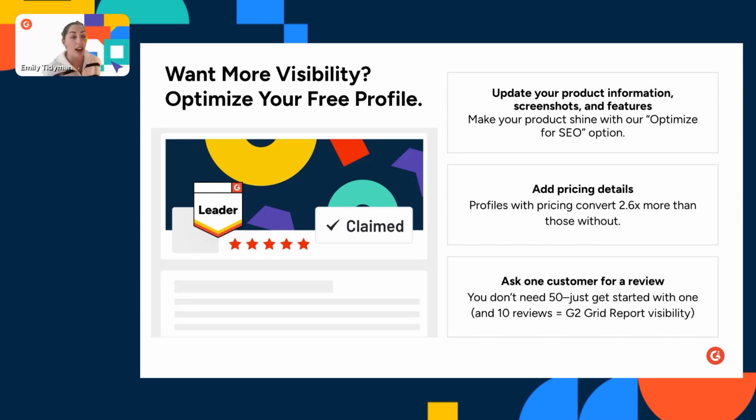Now, I understand that not all products have pricing transparently, even visible on your website. But you can even create different modules that showcase different packages that your product offers and do what I like to call an open table style, where instead you can do maybe small business, mid-market, enterprise, or dollar signs, $1, $2, $3 signs to kind of indicate the investment.